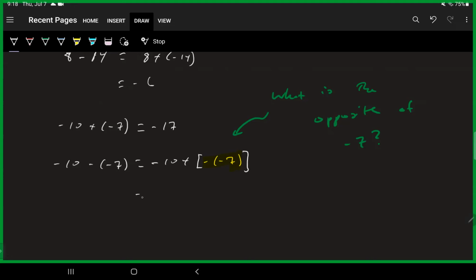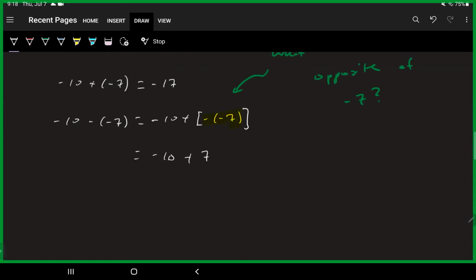So that would be -10 plus 7. If I want to add -10 and 7 together, I have to think about the absolute value thing again. So I'd have 10 minus 7 because the absolute value of -10 is 10. I get 3. And since I had the negative sign on the larger number in absolute value, I keep the sign of the negative in my solution. That would give me -3. So that's a quick rundown on how to add and subtract integers.